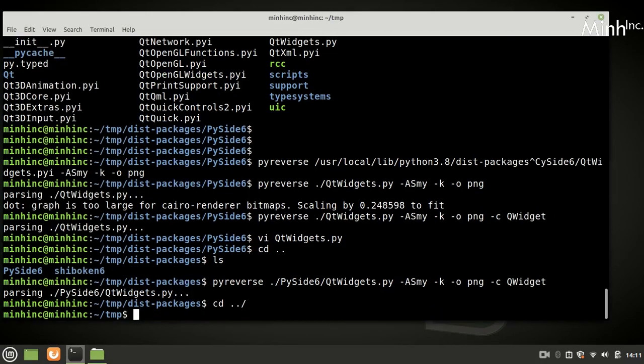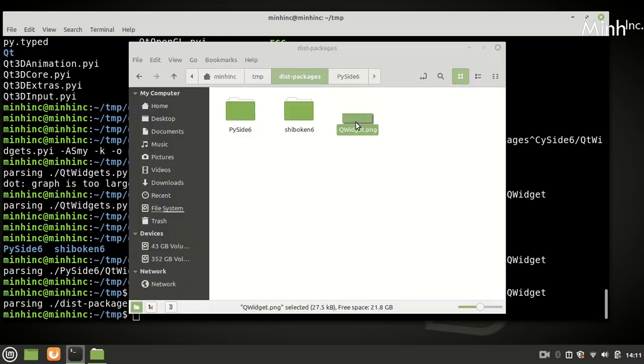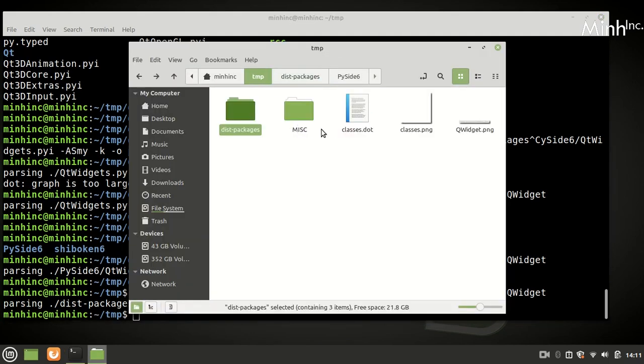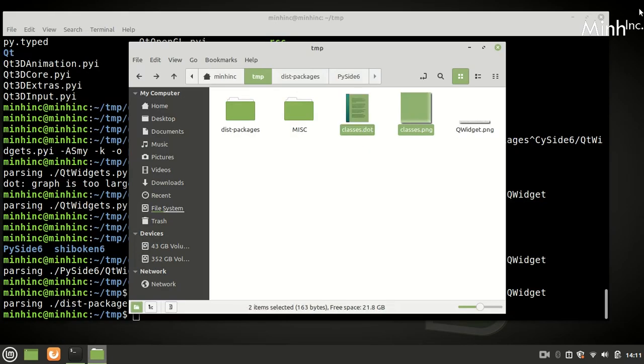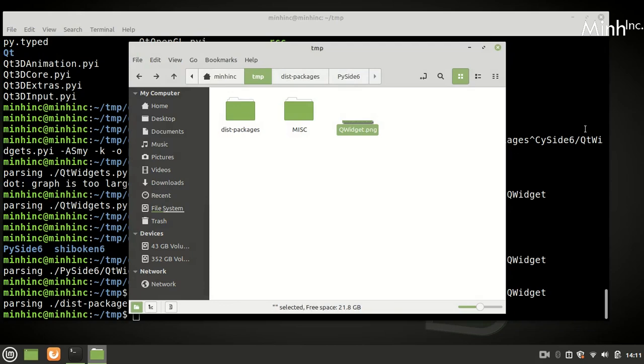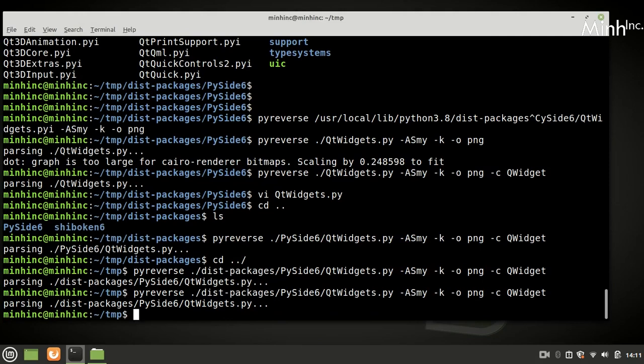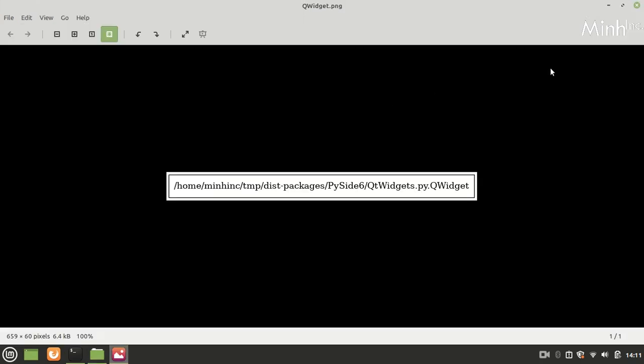What if I want to run the same command here? It won't come because of the... okay, so we are here now and we have class.png, sorry, so we have qwidget.png and there is nothing here. So what we need to do here now is, we'll try again. Okay, new file, and there is nothing here.